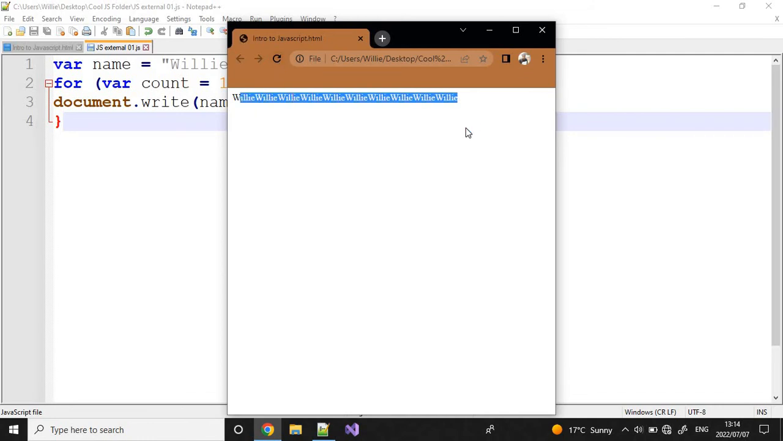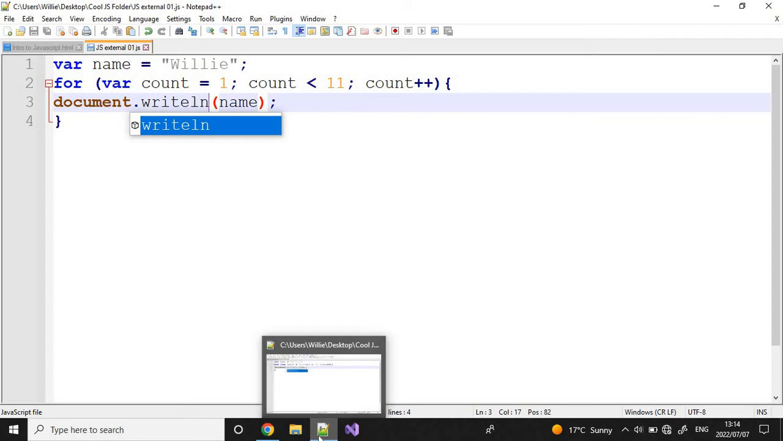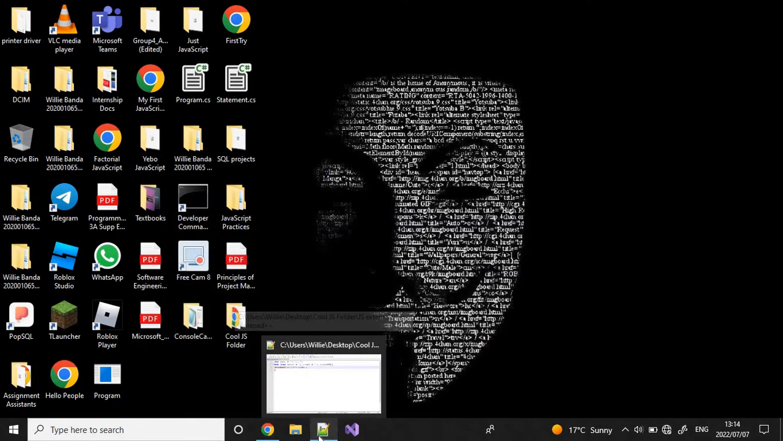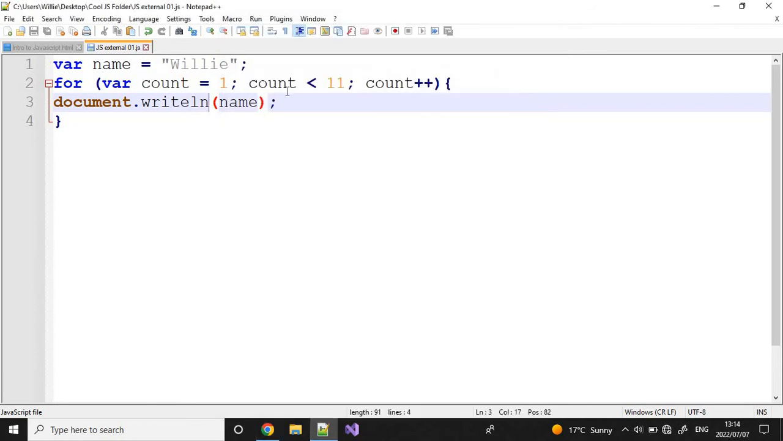I don't like it when it's like this. I'm sure you're questioning, why can't I put write line, like you did with print line and stuff? You think it's going to create a small space, right? But you don't want this. How do you do this? You actually